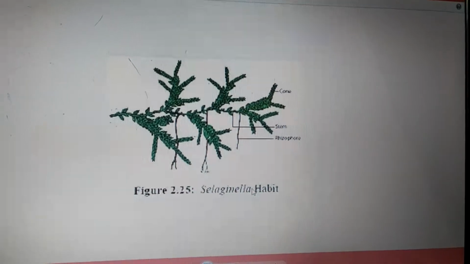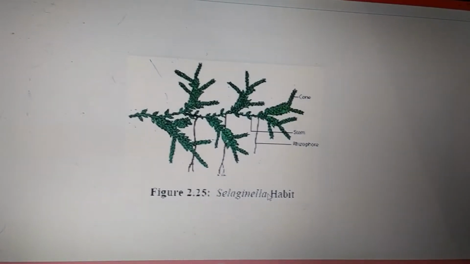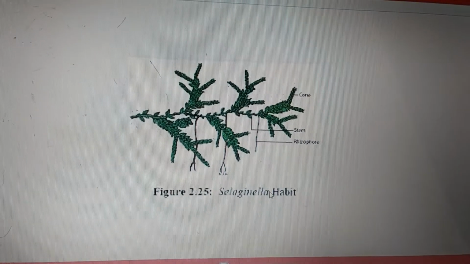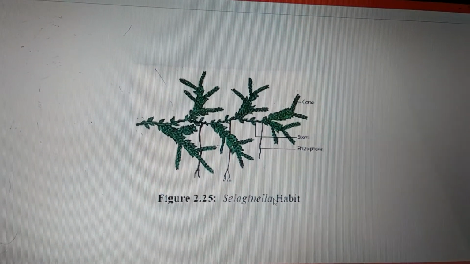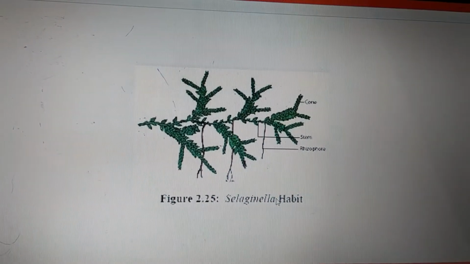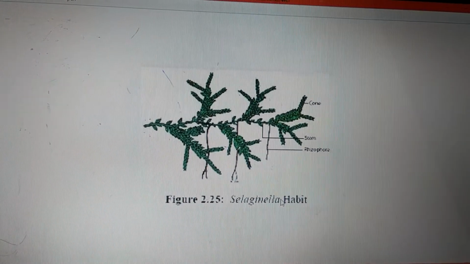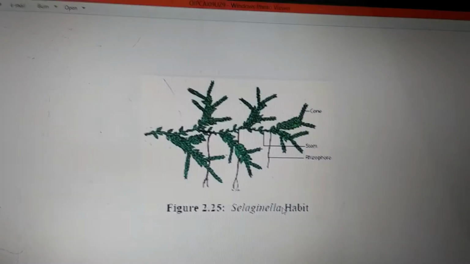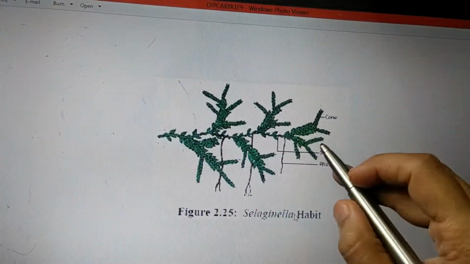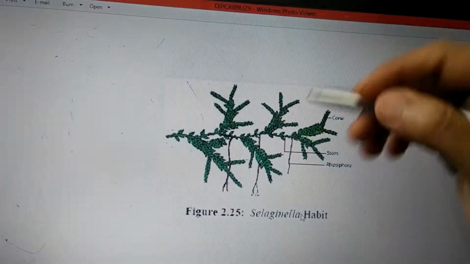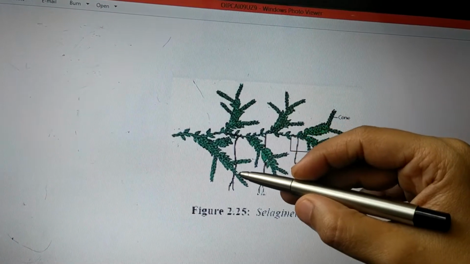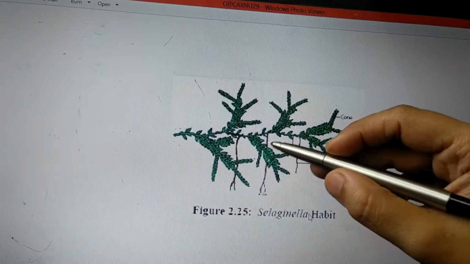To continue again with the internal structure of Selaginella, we will be discussing the transverse section of rhizophore. Now, you are very well known with this picture. It is a heterophyllum, subgenus of Selaginella, where you can see a prostrate shoot giving rise to erect branches. Apart from that, there is a formation of a rhizophore. This black colored structure is the rhizophore.